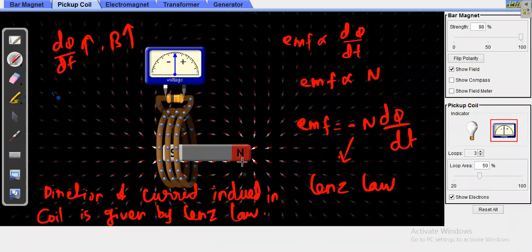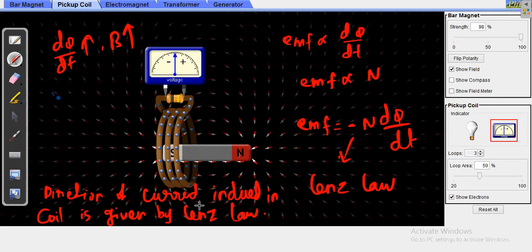There is one more experiment where I'll explain what Lenz law actually is, in which direction the current has to be produced. At this time you are getting this concept: the direction is getting reversed. Once you flip the magnet's north and south pole, the direction changes. That means current will flow in the opposite direction. So there are some directional properties in current.